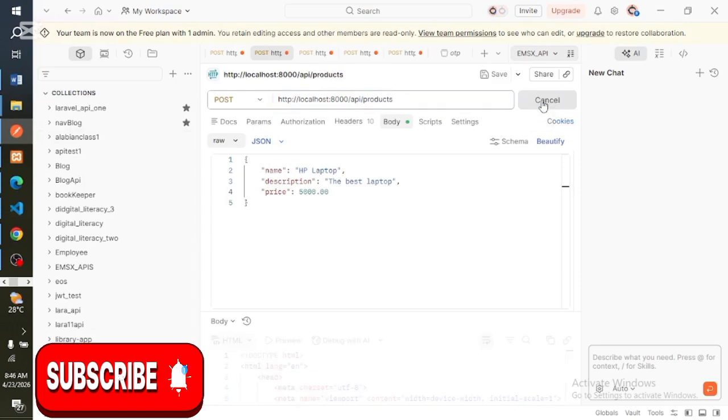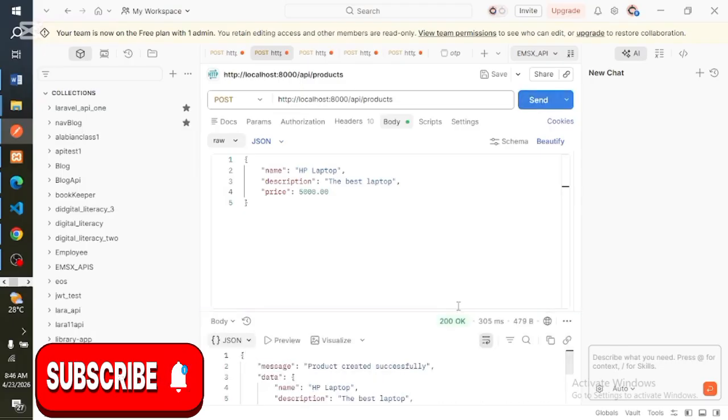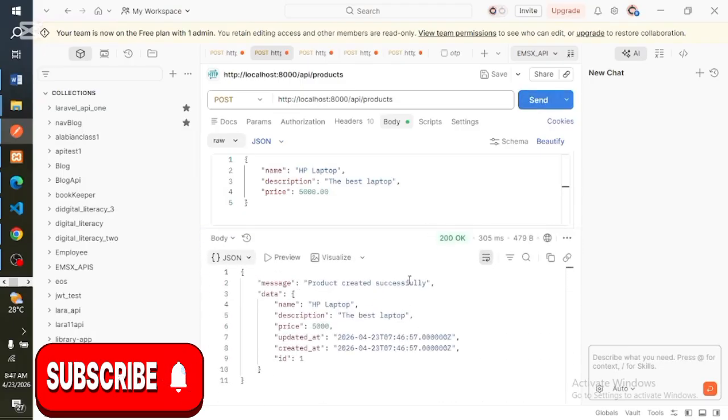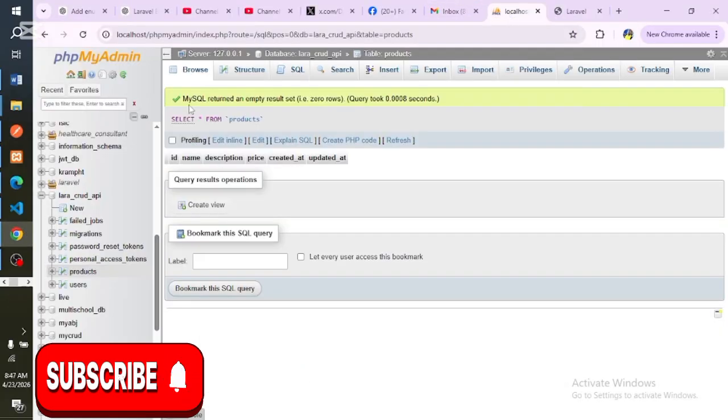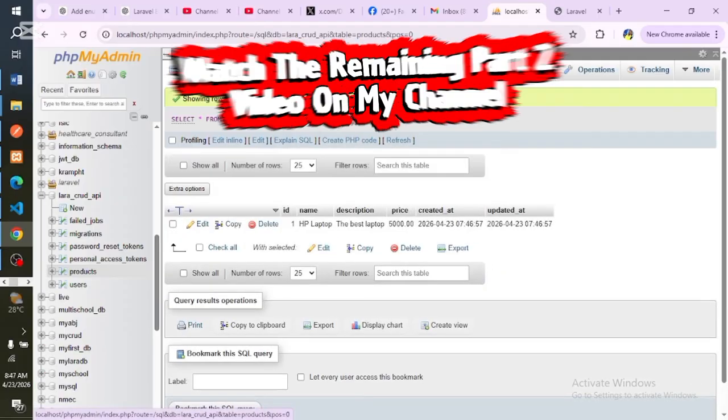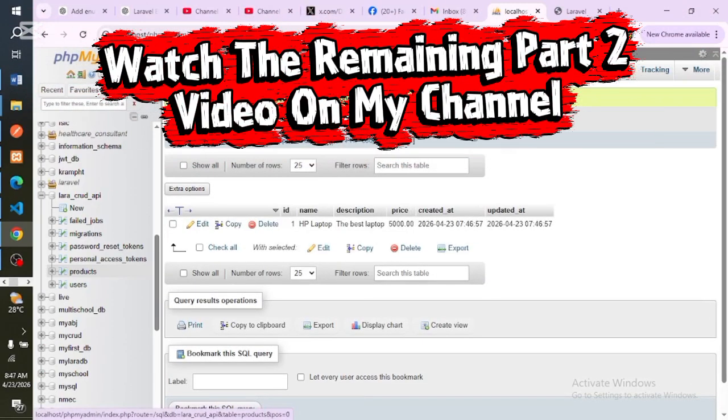I'll click on send. Good. You can see that product created successfully, HP laptop, the best, 5,000. So let's go to our database to see if this product was created successfully. I'll refresh this. Fantastic. You can see that we've created our first API endpoint, which is the HP laptop. I thought that is nice. So let's create the next